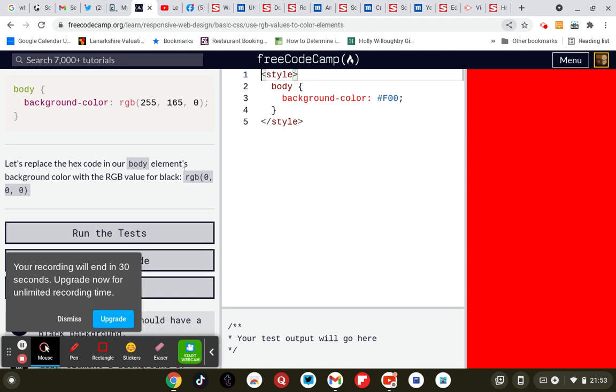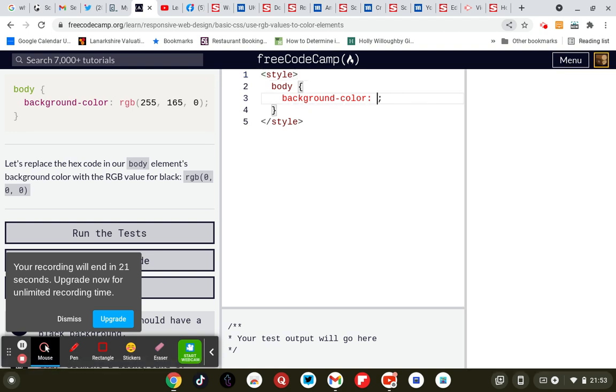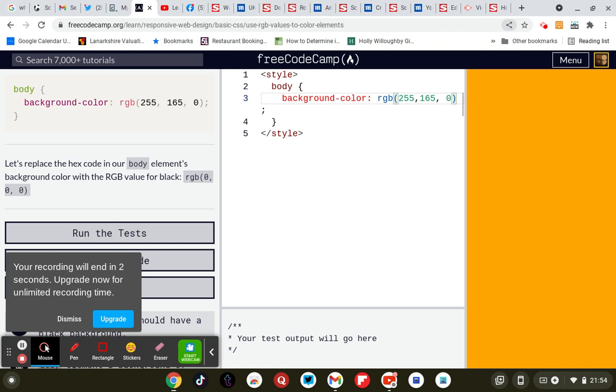Let's place a test in your body element's background colour with the RGB value for black. So background colour, RGB, brackets, 255, 165, 0. No, that's